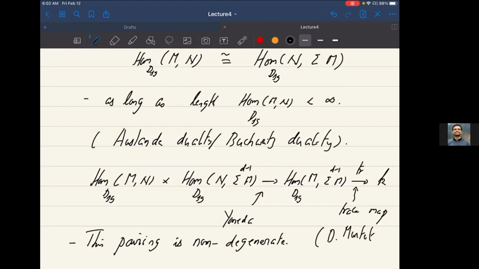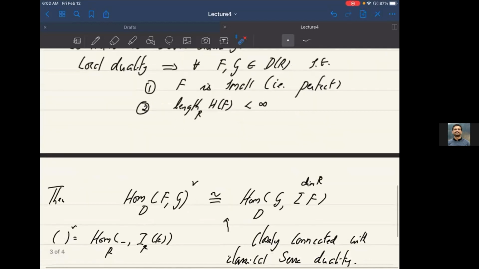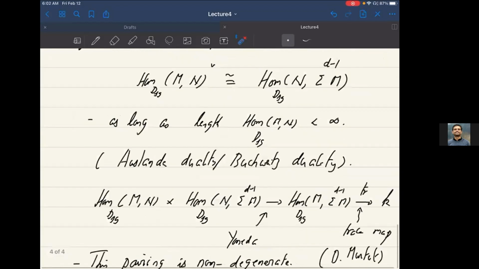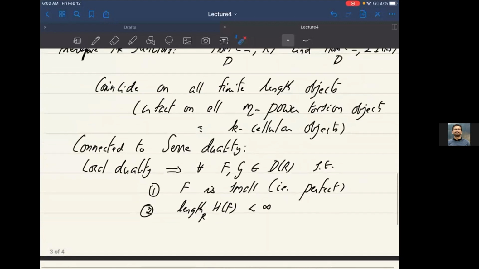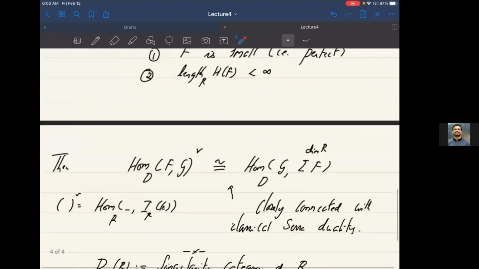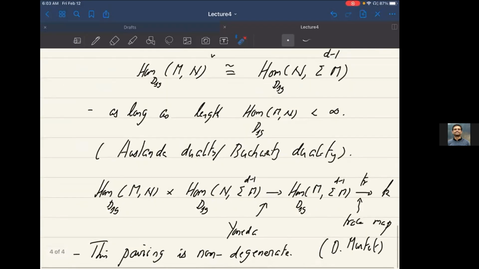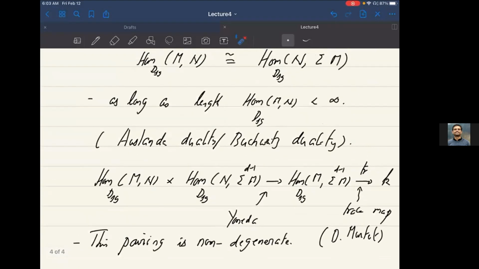So that's a very interesting aspect of the story. Unfortunately, I'm not going to get into it. I'd hoped to, but it's not going to be possible. The only point I want to make is that this Grothendieck duality, just the formal statement that there is such a pairing and that it's non-degenerate, follows immediately from Grothendieck's local duality. So on the one hand, this duality theorem gives you Serre duality, but it also gives you Auslander-Buchweitz duality for the singularity category of a ring. But again, the devil is in the details. Writing down the explicit trace maps is a different story.